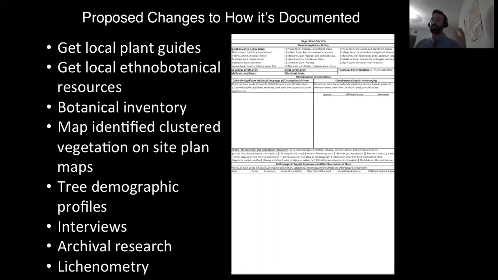I don't think we should depend on regurgitated environmental reports that speak about vegetation in very sweeping, general, very regional ways, because it doesn't speak to the little micro-environmental niches that sites create. That's something I've noticed in what we record: the vast majority of species recorded on site forms are tree species. And yet,